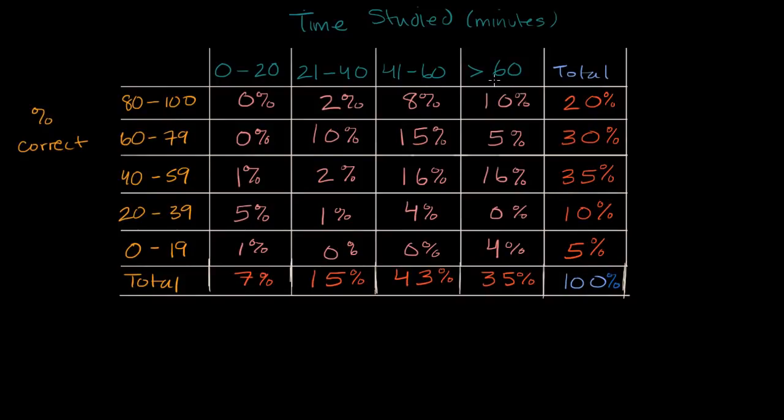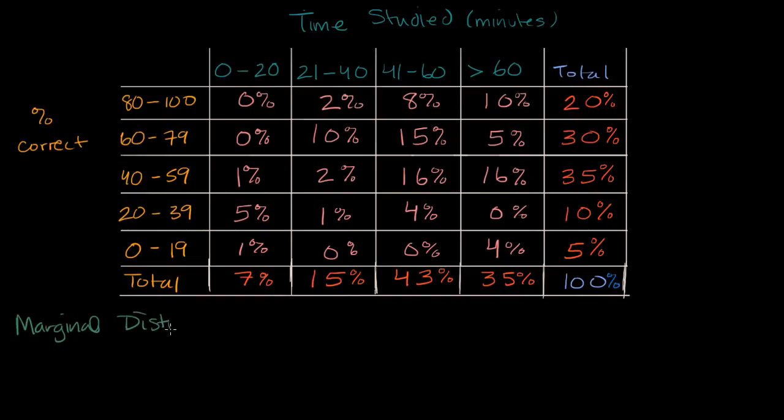It's describing a joint distribution, the joint distribution between, you can view these as two variables, the time studied and the percent correct. Now what we're going to introduce ourselves to in this video is two new ideas outside of just the joint distribution. One is the idea of the marginal distribution. I will write this in green. Marginal